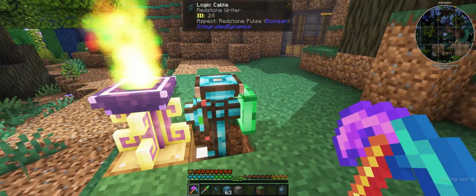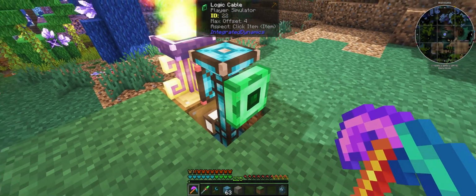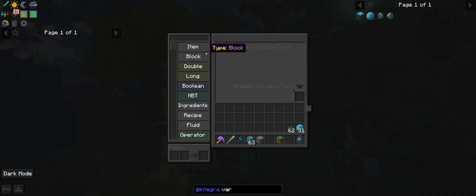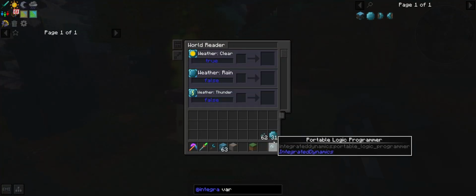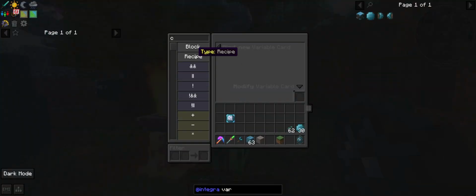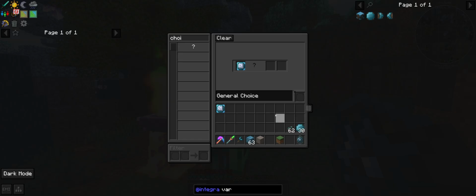So we want to make a Boolean variable card that switches what items this logic or this player simulator can click into here. And let me just show you, and you'll see how it works. We want to make a choice Boolean, and this Boolean value will be our variable for is night. So basically what this is going to do is if is night is true, that means when it is nighttime, then it is going to,